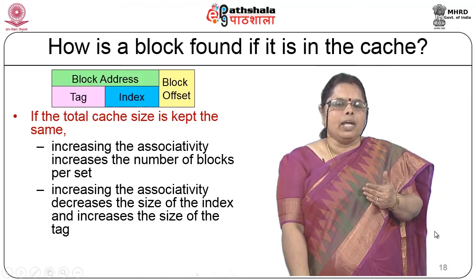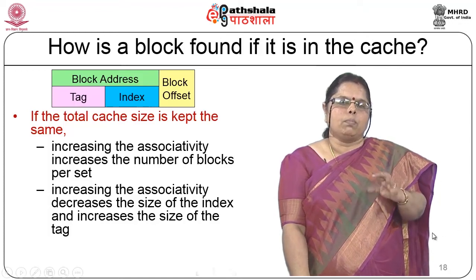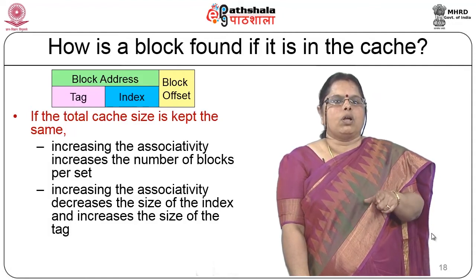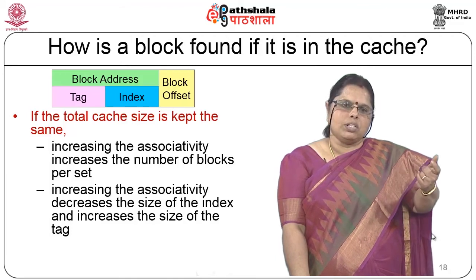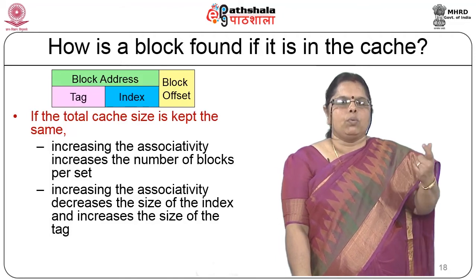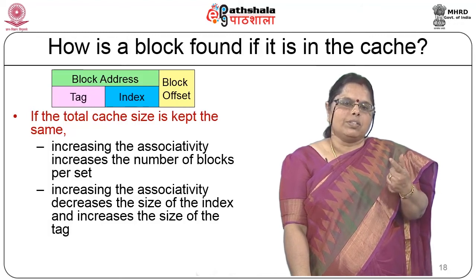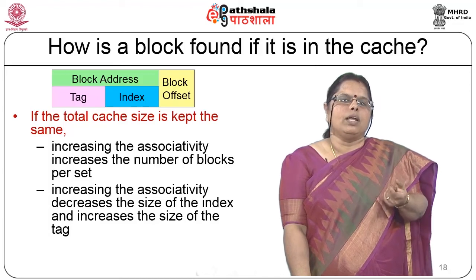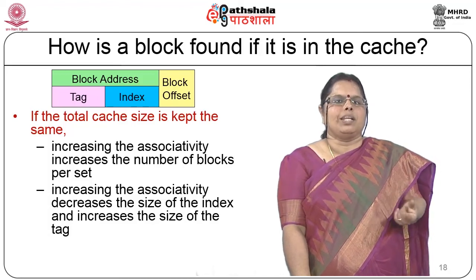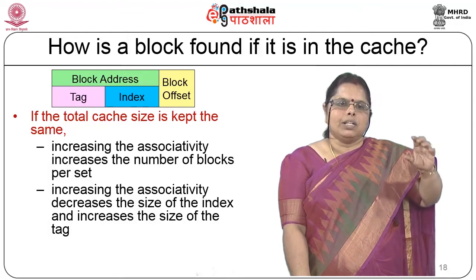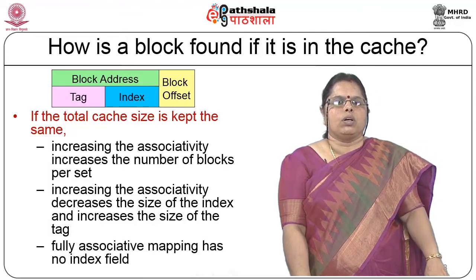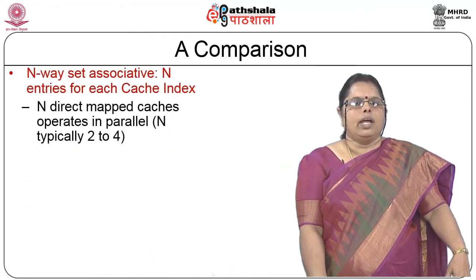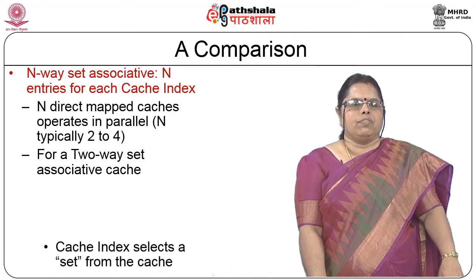So, if you have to find a block in cache, depending upon the mapping policy that is used, first of all look at your index field, look for a block number there. If it is direct mapping, go and check in that block number. The tag field will tell you whether it is a match or not. If it is a two-way set associative mapping, or generally set associative mapping, look at the index field for identifying the set that you will have to look for. Go to that set, check all the tag fields, and you will find whether the block is available or not. And a fully associative mapping obviously has no index field because everything becomes a tag field.